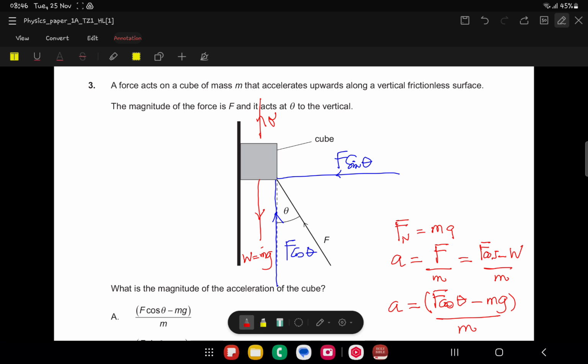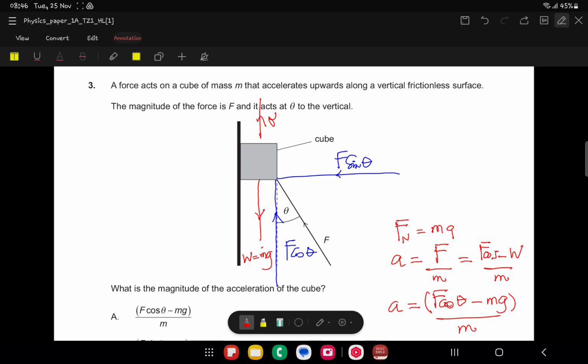mg. So we resolve. When we resolve, we get the force to be F cos theta. Okay, those are two parallel forces. We don't use F sin theta because it is perpendicular to the weight. We need the force that is parallel to the weight. Now, because the weight and the resolved component of the force we need are moving in opposite directions, the